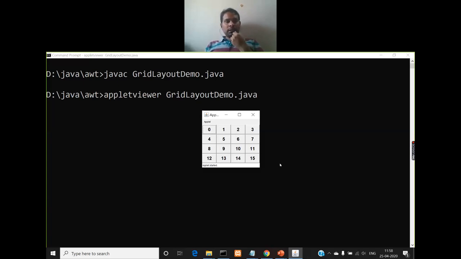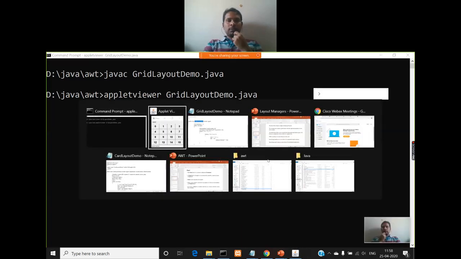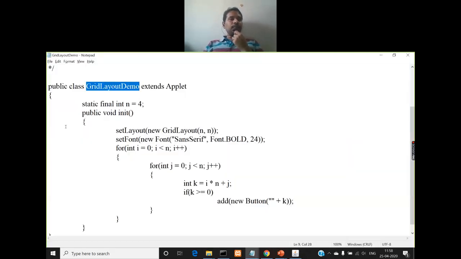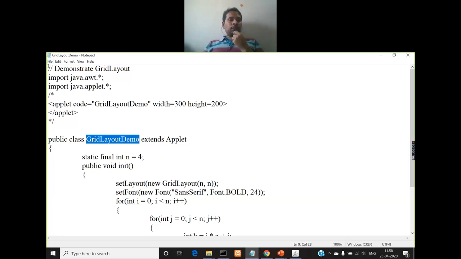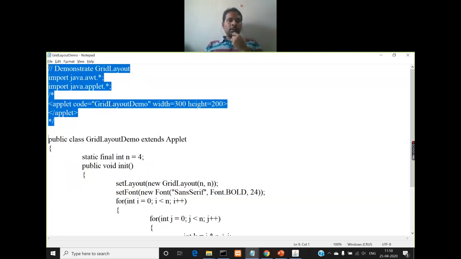So we are not going to implement any events here. So that's why we are not implementing any event listener interface for our class in the program. So let us go back to the program. So we need not discuss all these first few lines which are common to every applet program.